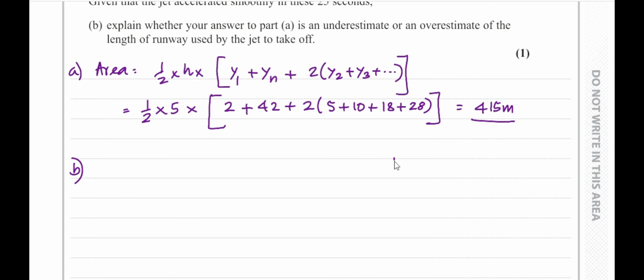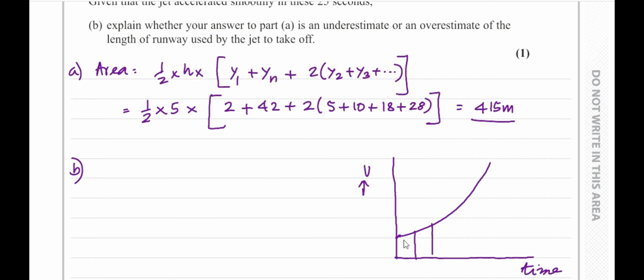So if we draw this sketch here, let's say this is the time axis, this is the velocity axis or speed axis this side. So when it is 0, it is 2. When it is 5, it is 5, and so on. So the curve might go like this, right? And therefore, if I put trapezium here, etc., you can see that a small part of the trapezium is above the curve. It's because it's a convex curve. So we could say an overestimate